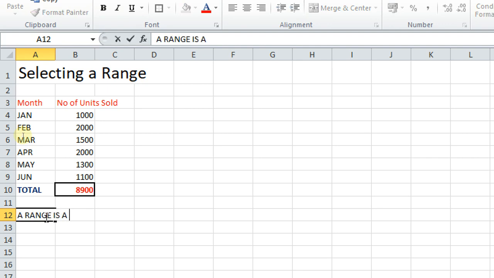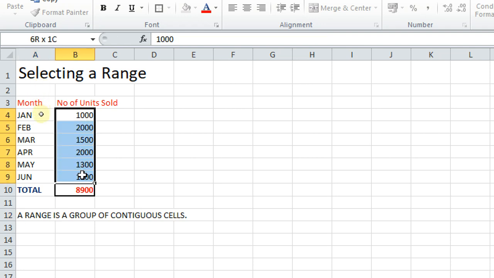A range is a group of contiguous cells. Okay, means it is kind of a rectangle. The cells which are touching each other. So this is a range. A range is a group of contiguous cells which are touching each other. So this is a range. I hope it is clear to you.